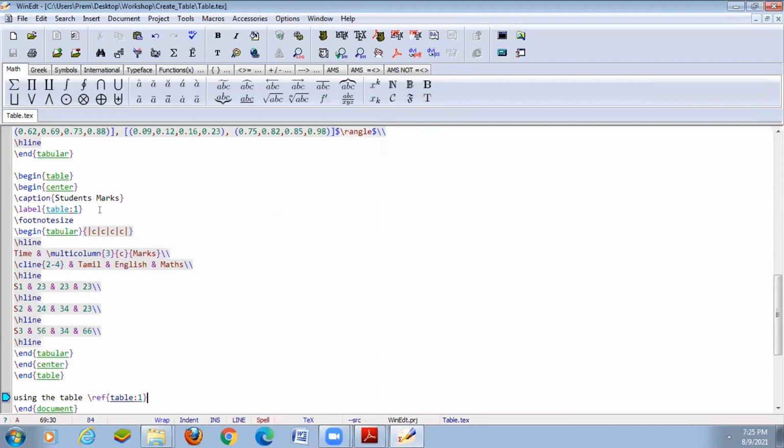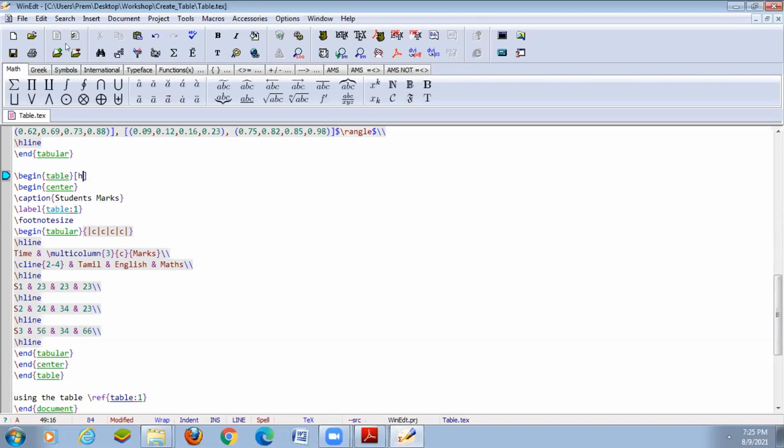For that, you can use the square bracket option [h] with \begin{table}, and the table will be fixed in the correct position. Otherwise, whatever you type before the table, the line will be displayed above the table.